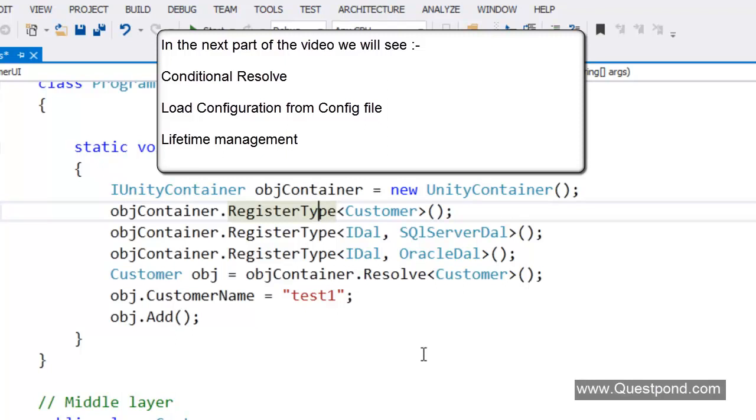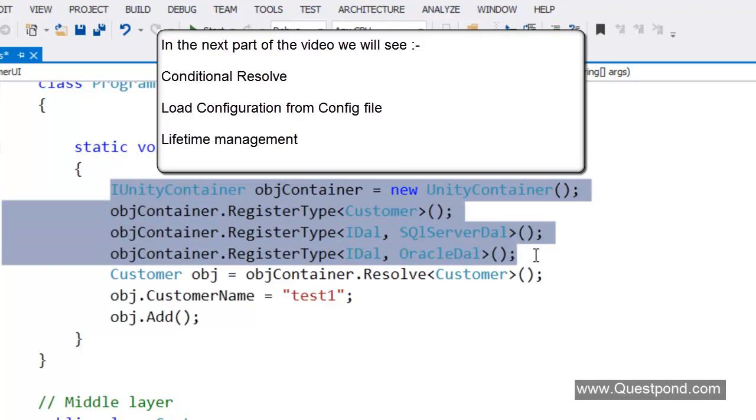That's the first thing. The second thing is, at this moment, all this code of registering the objects is inside our C#, right? So how about taking this code and putting it into an XML file? If you are able to do that, then all our types will be loaded from XML. So in other words, I really don't have to change anything in my code. So that is the second thing I want to do.